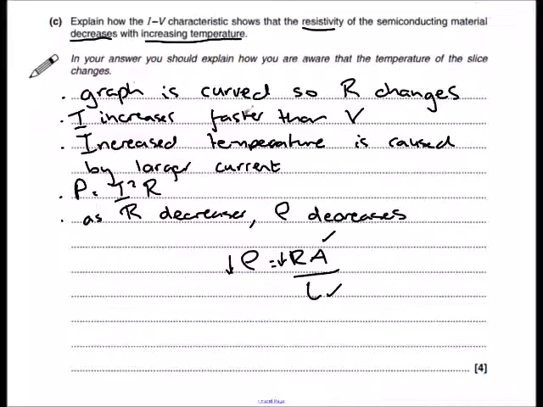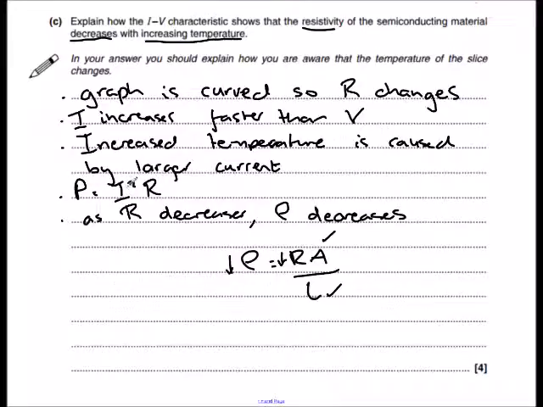To explain the curve in more detail, why is it curved? It's because the current increases faster than the voltage. Then we need to explain why there's a temperature increase in the first place, and that's because of the larger current that flows through it. As the current increases through the semiconductor, the temperature is going to increase. The reason is this equation, P equals I squared R. This P refers to power loss due to heating effect, and it has a strong dependency on the current. So as there's a larger current flowing through the semiconductor, there's more power loss due to heating,